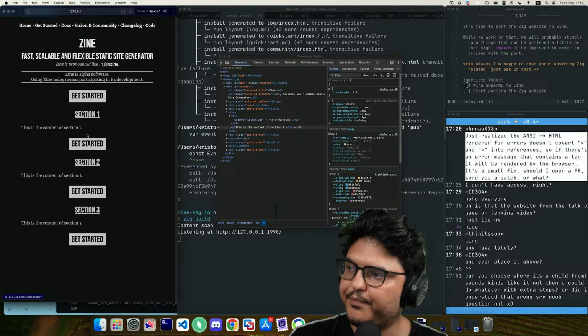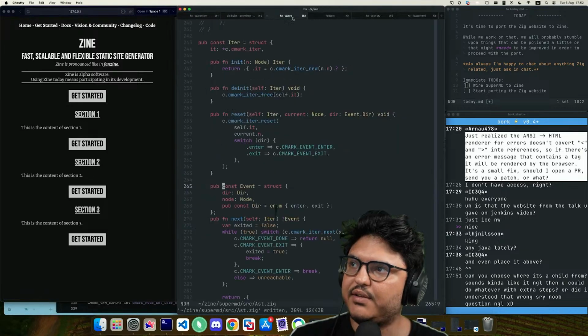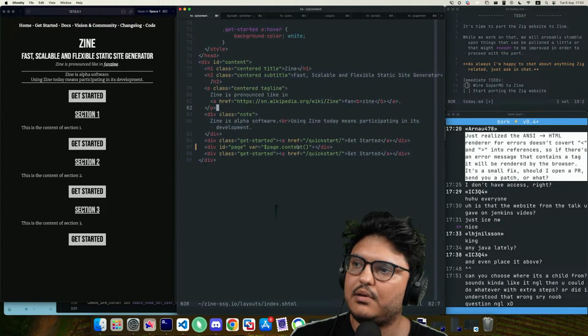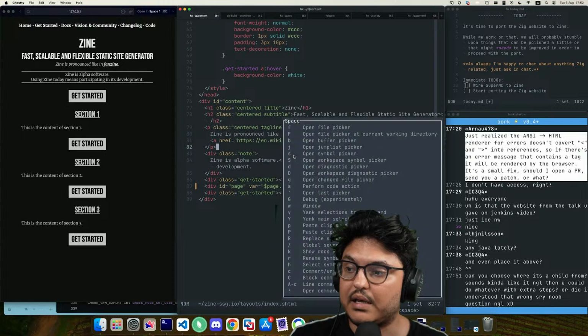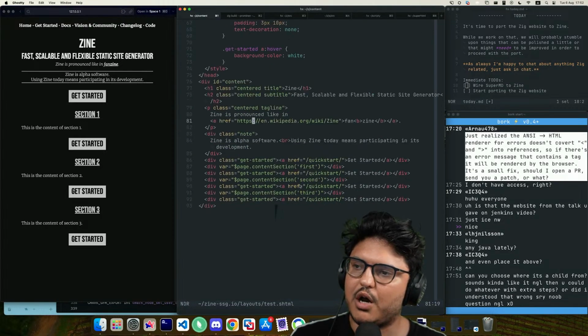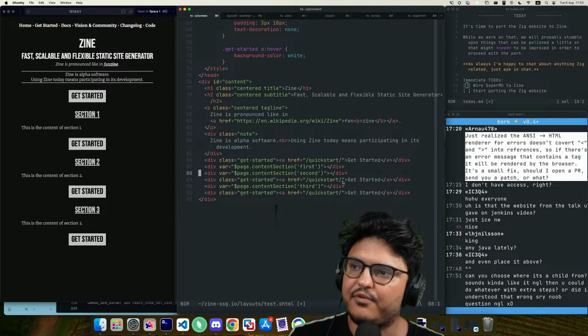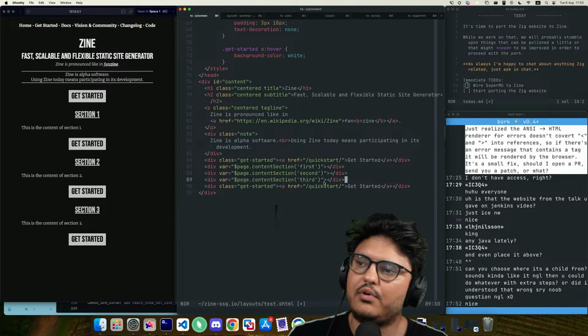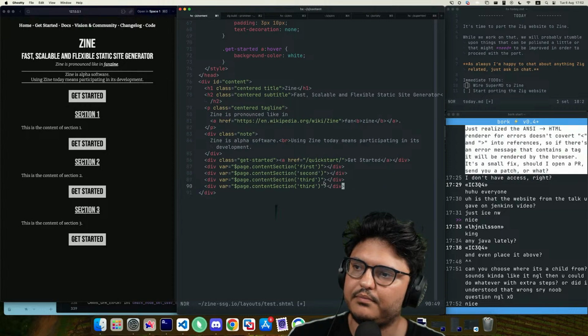So we have the ability to define sections in our HTML, well, sorry, in our Markdown, and render them on demand, which means that we can do fancy stuff. For example, let's do also fourth.